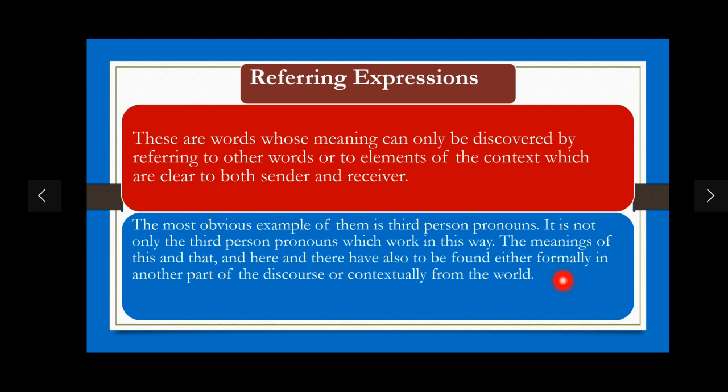So if the context is clear to both sender and receiver, then the meaning of the referring expression would be clear. For example, if you ask me where were you last night, and I tell you that I was there, the meaning of "there" can be discovered from the context if the context is clear both to sender and receiver. And for example, the meaning of "here" can also be discovered from the context in which the word here is used. If I say come here,